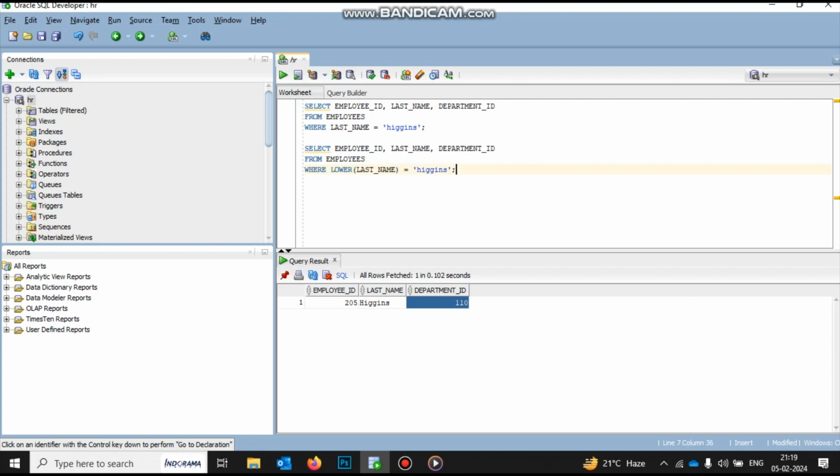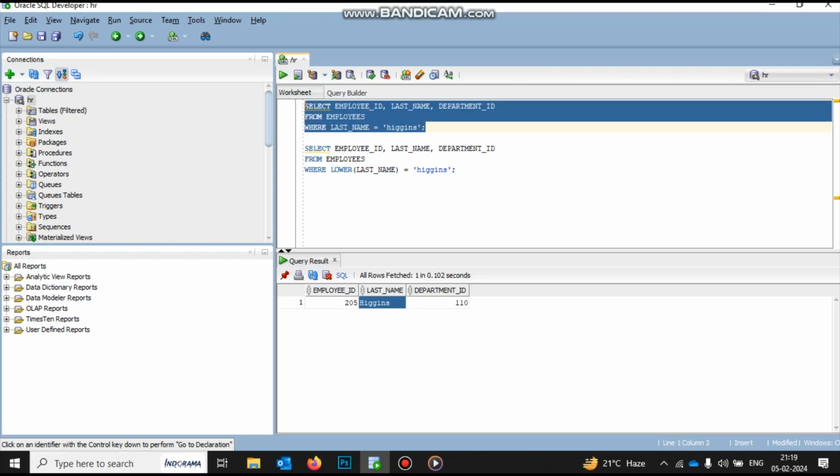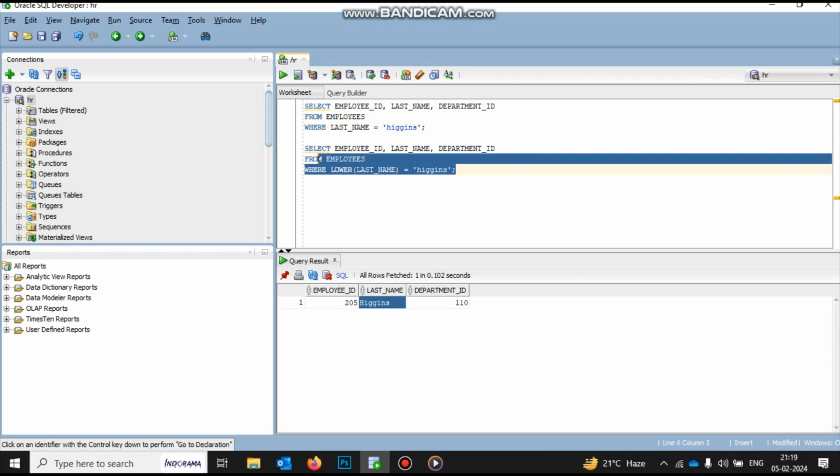What happens is we actually have the data as H in capital and the rest of the alphabets in small case. But in the previous query, we used all the alphabets in small case. And that is the reason why no records were returned in the previous query,